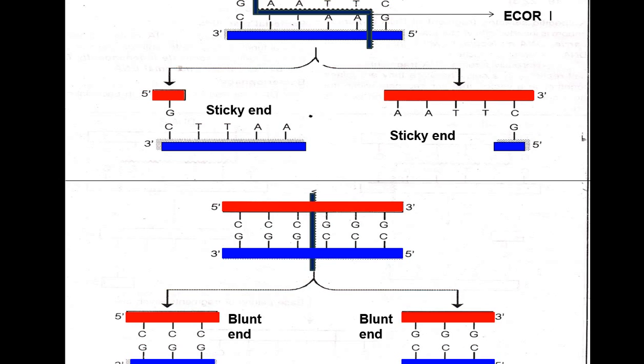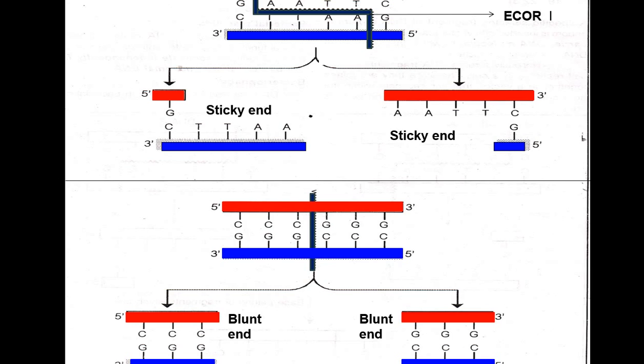Now see here, EcoRI recognizes a sequence called GAATTC. CTTAAG is the reverse order, and you can see the same here. This is a fragment of DNA, and EcoRI recognizes this sequence and can cleave this palindromic sequence.